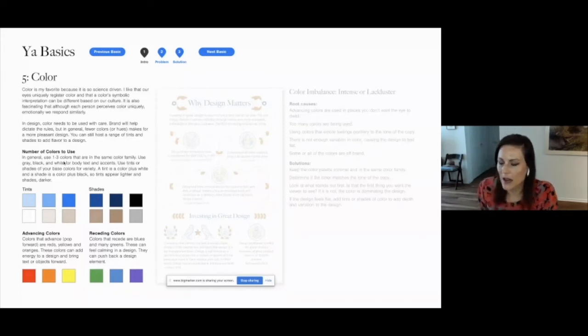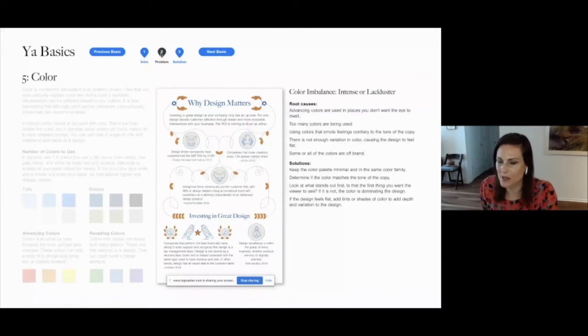And then I recommend with use of color is to minimize your use. So use a primary and secondary color and then use tints or shades of that. So a tint is adding white to a color, shade is adding black, but it really can add that variety if you're just being minimal with your color usage. That way you avoid some of the issues with a lot of color in a design that can be distracting. So in this problem design, the orange is like in your face because it's an advancing color. And maybe the designer was thinking, oh, it's October, I'm going to put orange, it'll be like fall leaves.